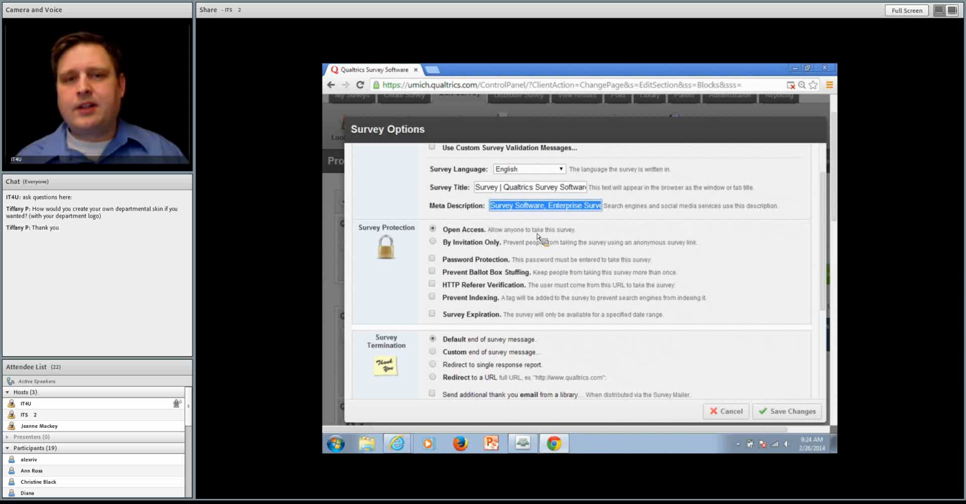Ballot box stuffing will put a cookie in the browser on the computer where the respondent takes it, so they can't take it more than once per machine they log into anyway. Obviously, there's ways around that, but it's at least a level of protection that would stymie a lot of people. HTTP referrer verification just means